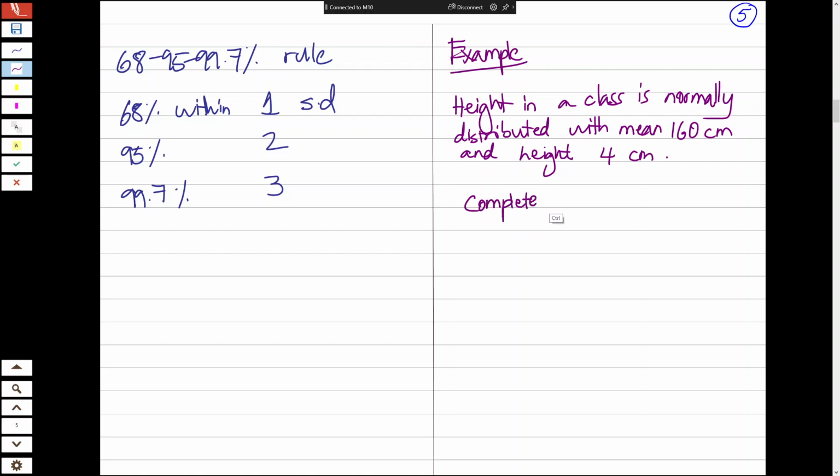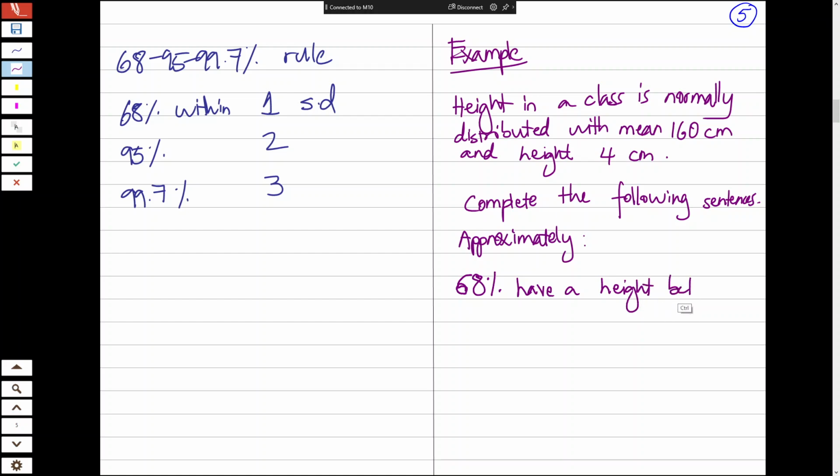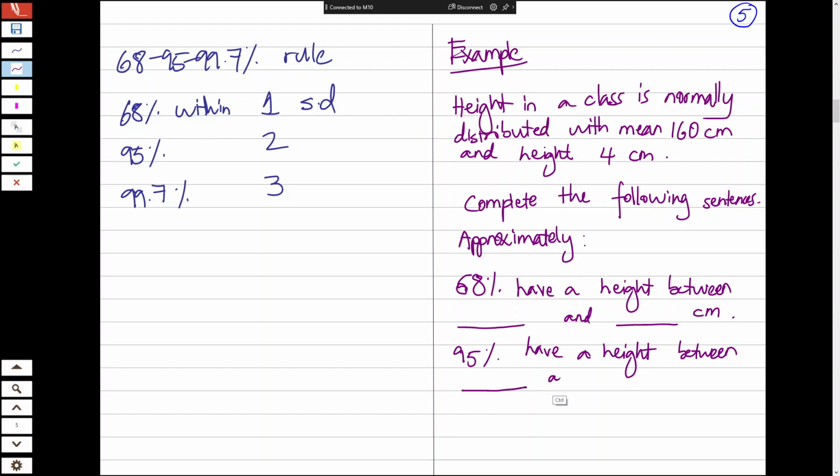Complete the following sentences. Approximately 68% have a height between some number and another number centimeters. 95%, you can see where this is going, between blank and blank centimeters, and 99.7% have a height between